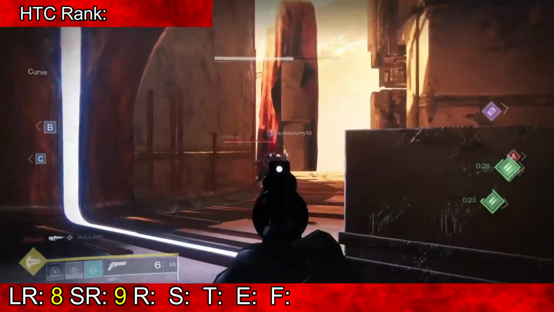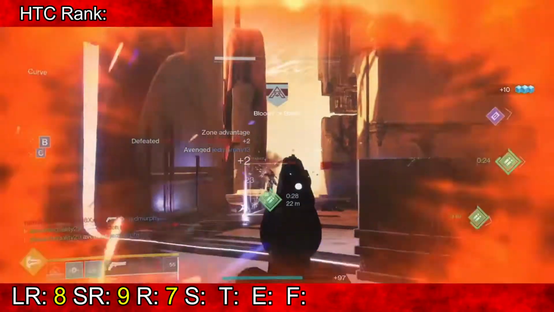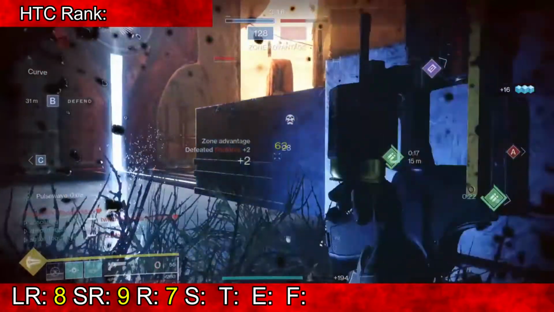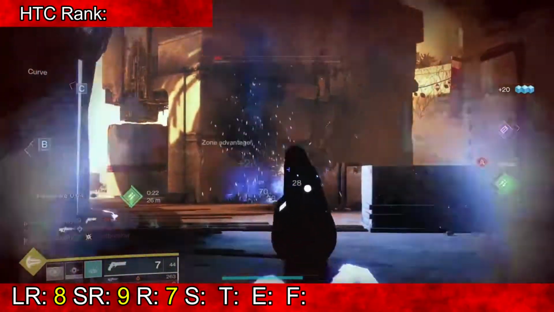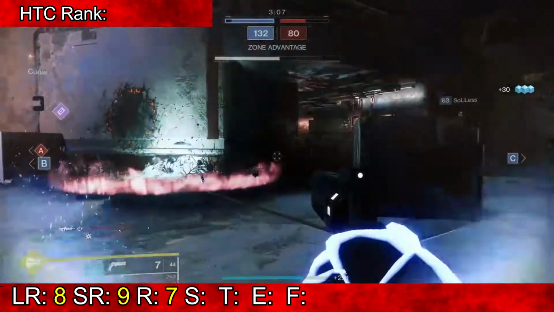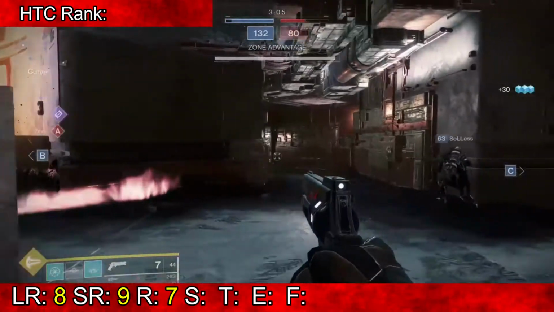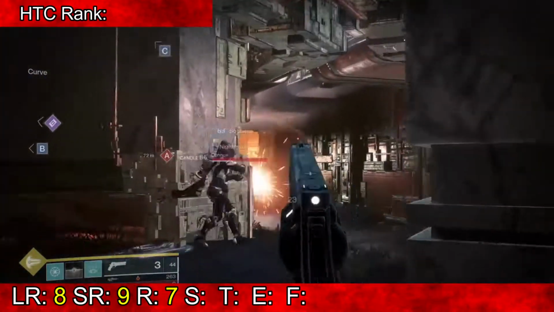Moving on to recoil. Recoil, I'm dumping it down to a 7. The recoil is interesting. It is very poppy. Like it wants to go very high up in the air after each shot. So it is a bit weird controlling that recoil, but once you get the recoil down, it feels pretty smooth,